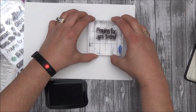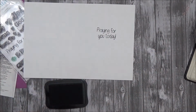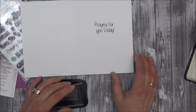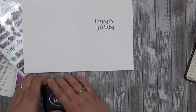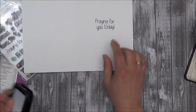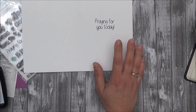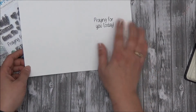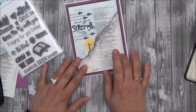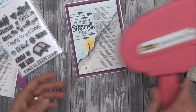The ink that I'm using is a black StazOn ink, and I've just found that for me that gives me a pretty consistent, nice, clean stamp, nice and dark. And also if I want to, I can add some watercolor or color on top of that later without causing any running. Speaking of coloring, I also wanted to share in my Bible page, the colors are maybe a little bit brighter than it turned out in my copy,